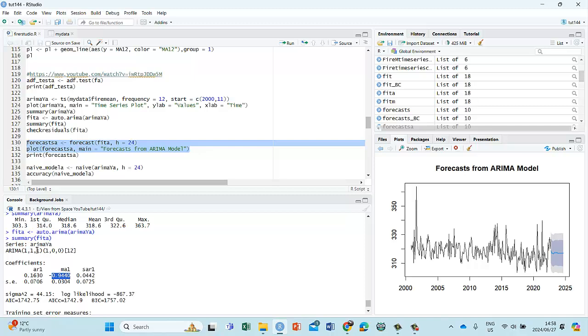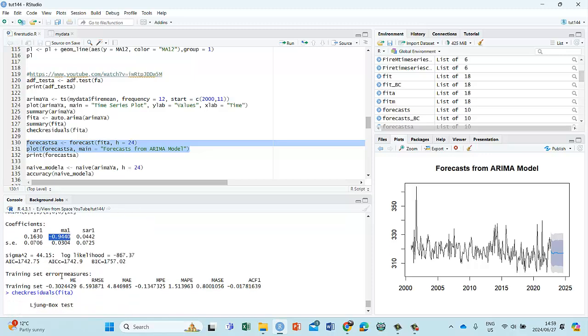So it's a (1,1,1) model with a 12-period seasonal component. The AR is 1, autoregressive. The integrated part is 1, meaning it's been differenced once to get stationary, and then moving average 1. And then it adds this one component here, which is the seasonal pattern. Seasonal is low. There is seasonal influence, as I showed, but it's fairly low. It's mostly the error component that it depends on,